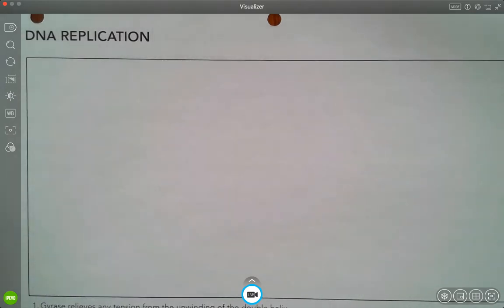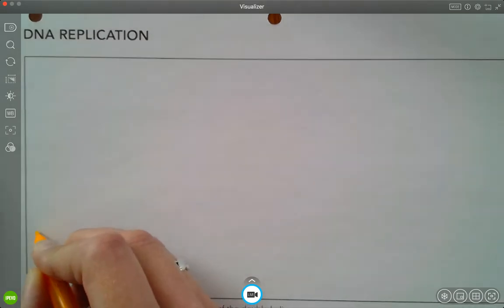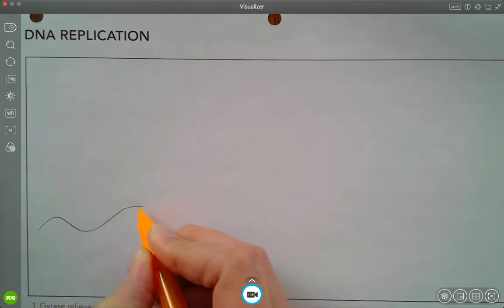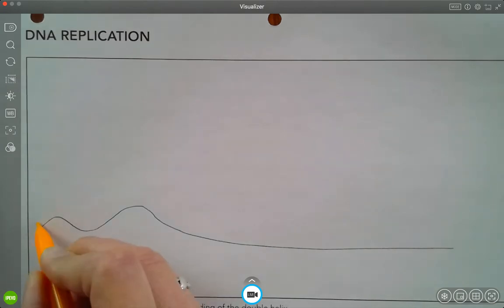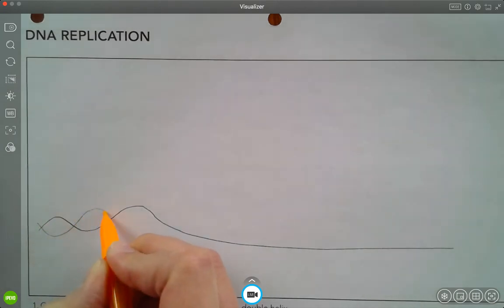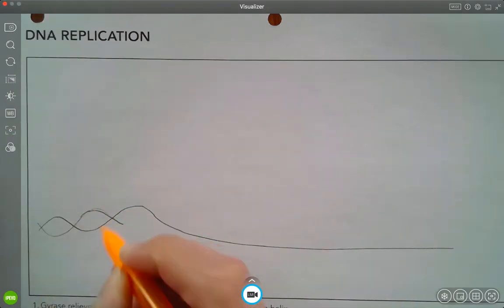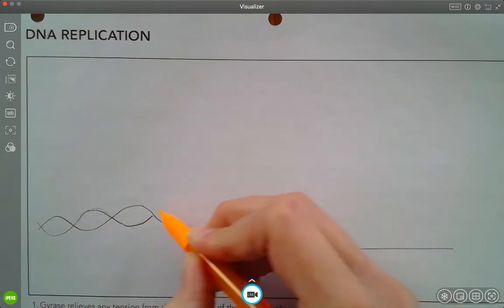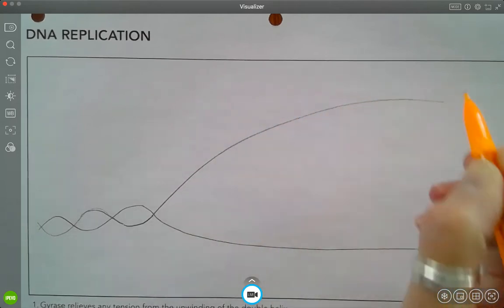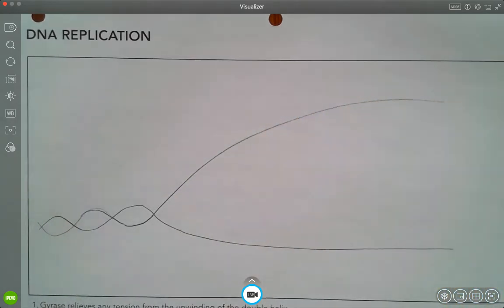So first thing we're going to do, like I said, is to draw our double helix and draw it already open. We'll start over here. Here's my one strand, and I'm going to have it open around here. And the other strand will be like this. I really recommend that you draw exactly what I'm drawing because when we start talking about directionality of each strand, you might get really confused if you're drawing it slightly different than I am. You might even end up doing a better diagram than me, but at least have the same amount of loops